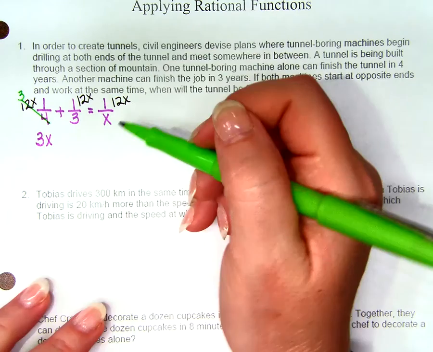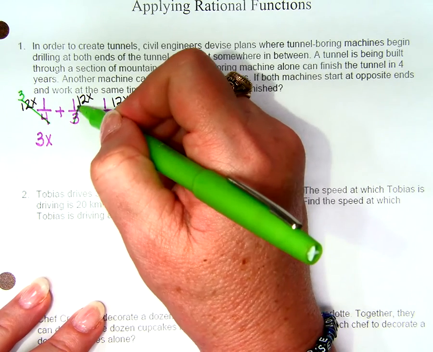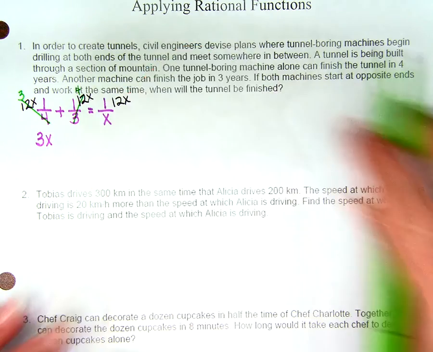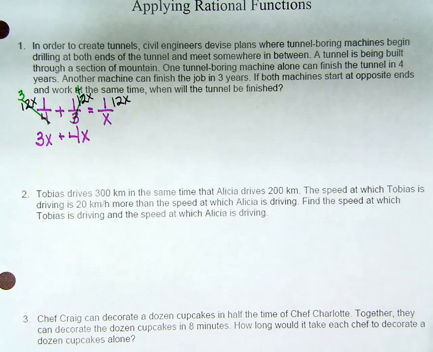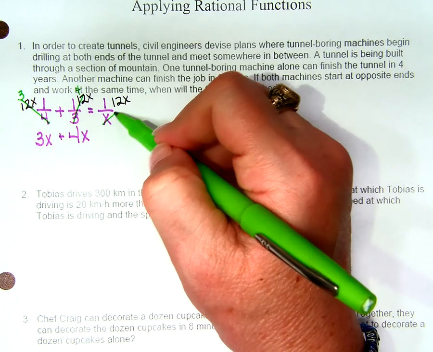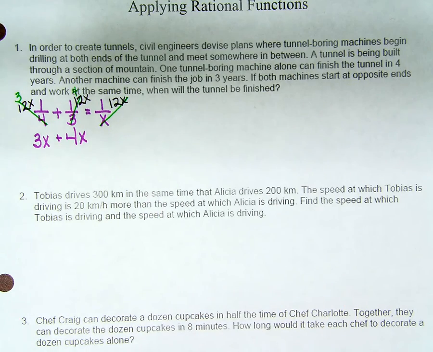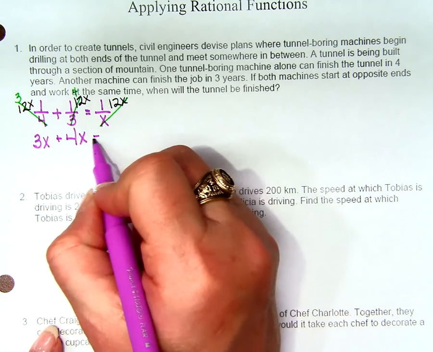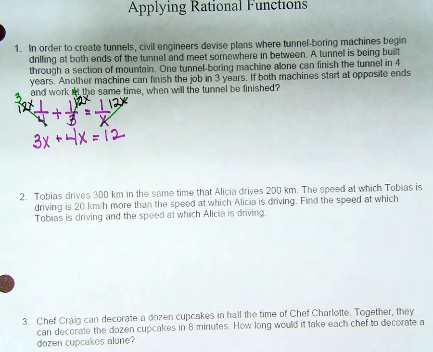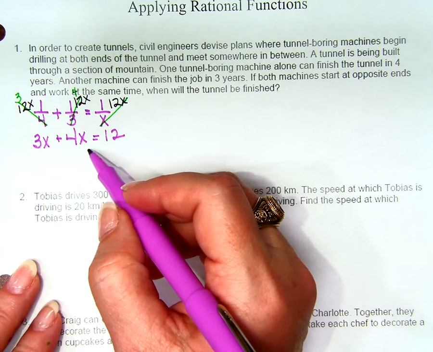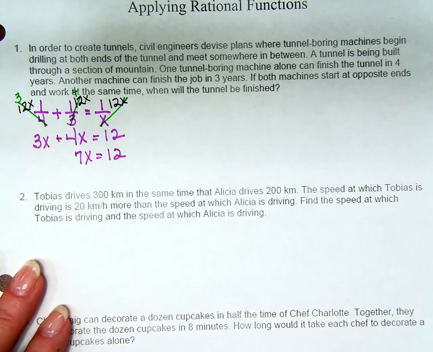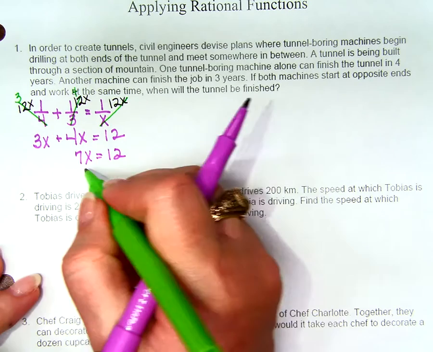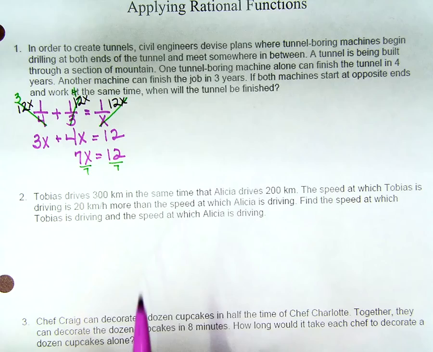What happens with the second fraction? The 3 and the 12 simplify to 4, and I end up with 4x. And what happens with the last fraction? The x's simplify. X divided by x is 1. So I just end up with 12. Well, that's a way easier problem than the one with fractions, isn't it? So 3x plus 4x equals 7x. So 7x equals 12. And to solve, divide both sides by 7. X equals